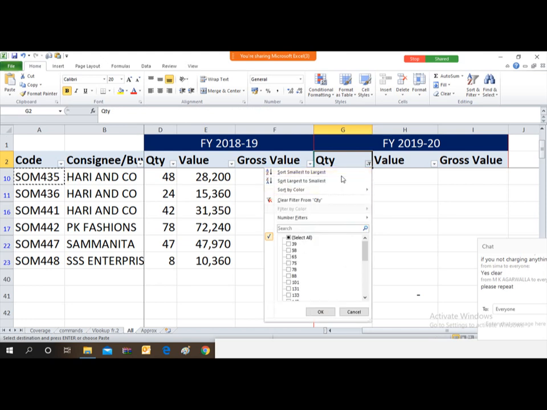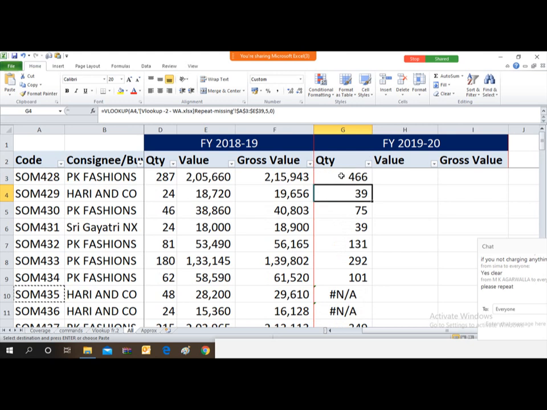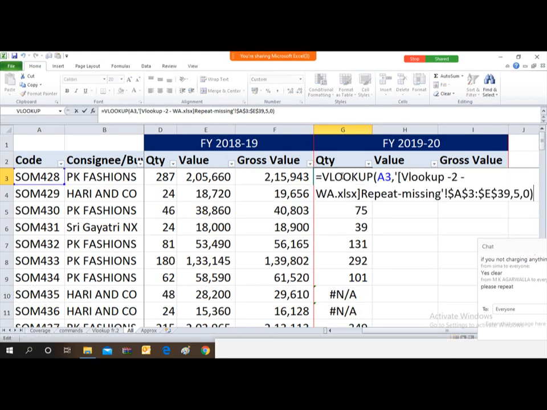I just open this filter. Now the filter is opened. So friends, you don't have to do anything new. Since the VLOOKUP formula is already over there, before VLOOKUP you just type IFERROR and then start bracket.